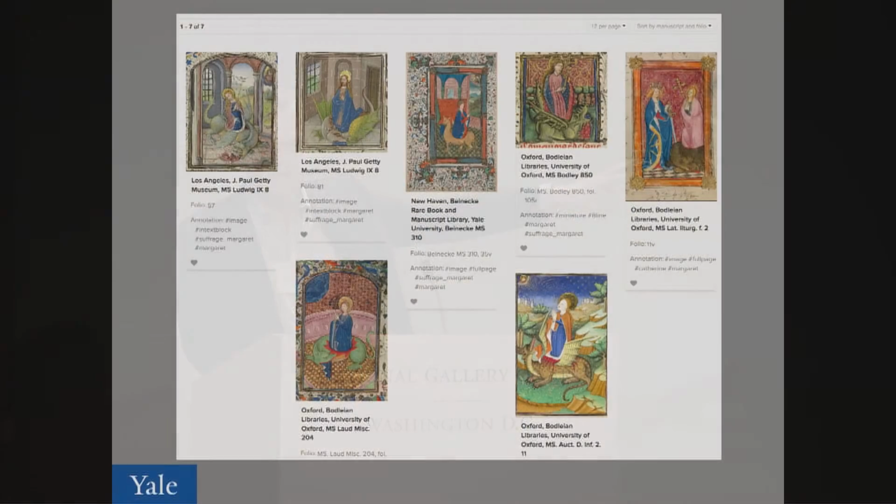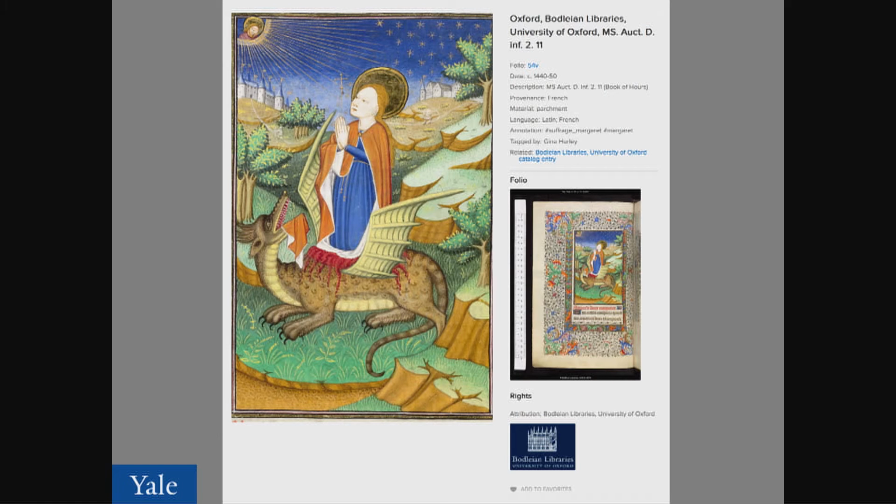Now, pretend I was to click on that lower right image because I found that one interesting, that Oxford Bodleian example, and I would get a detail view. I'd just like to break this down a little because I think it's illustrative of the power of IIIF and having these open APIs and all the images and the metadata at your fingertips.